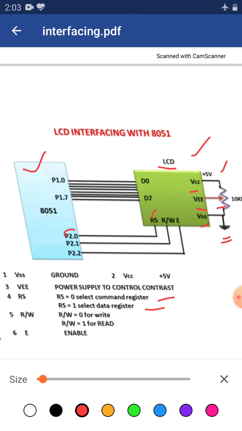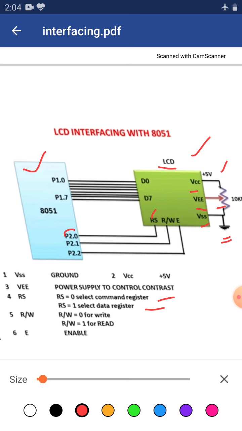The data register is there to give data, whether you are reading it or writing it, and the command register is for the LCD, for example to go to the initial stage, auto clear the LCD, or shift the cursor row or column wise. So these are all commands related to it. By selecting RS 0, you switch to the command register, or by selecting 1, you switch to the data register, providing data as read or write.